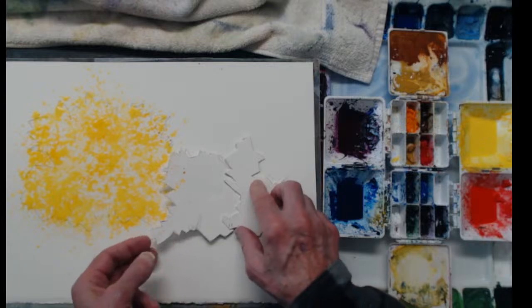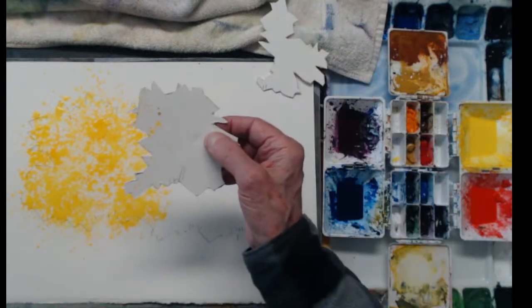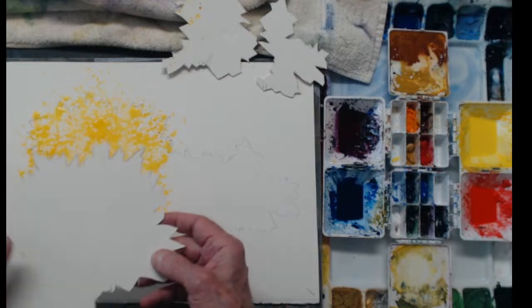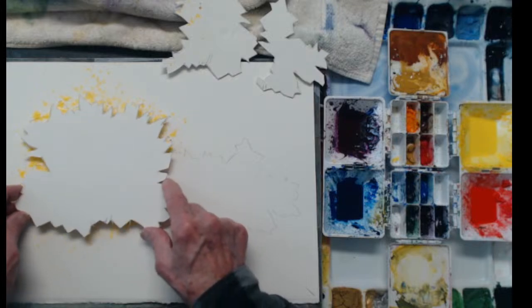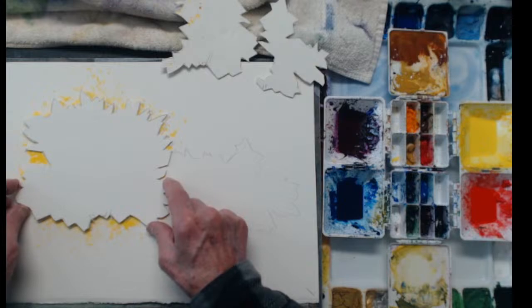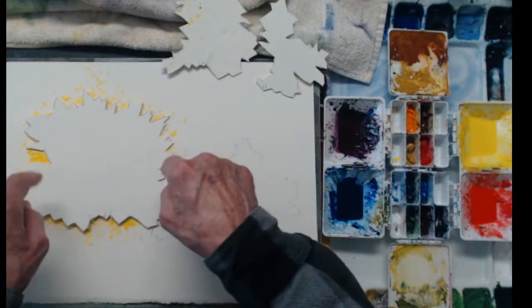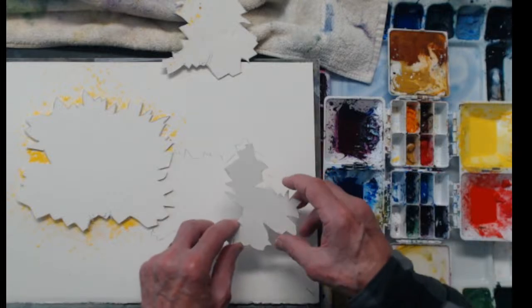All right, now I'm going to move these two stencils away for the time being. This is a small stencil, and this is the next area I'm going to paint. What I'm going to do now is use my large stencil. I'm going to cover this up, so I'm replacing this stencil. This large stencil now protects the area I just covered. And I'm going to come over here and cover this section up